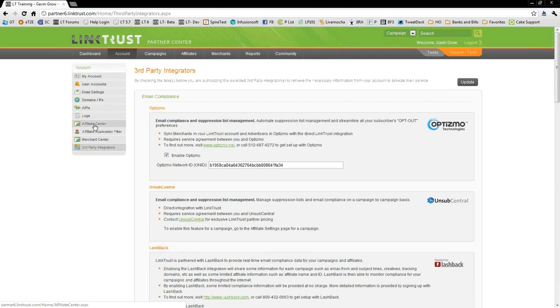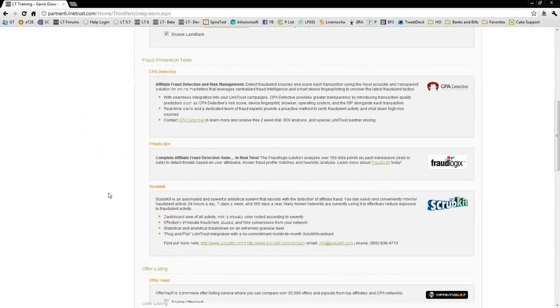These 3 companies have been added to the third-party integrators page. As I scroll down to the fraud prevention tools, you'll see here that we have CPA Detective. Just to give you a little synopsis of what these companies do, CPA Detective has a real-time alert and a dedicated team of fraud experts to verify fraudulent activities and shut down high-risk sources. They're also offering LinkTrust customers a free 2-week trial. You can actually pull the last 2 weeks of your data and get it analyzed and get an ROI